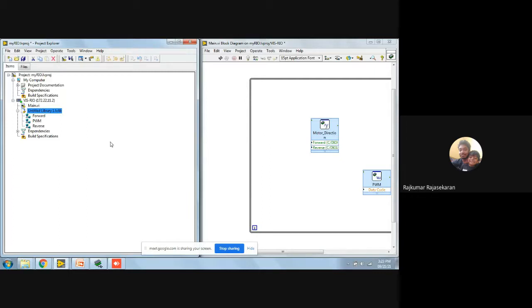Now I need to communicate it via this action. I just need to drag forward, and you can see that the data has come over here. Again, I drag reverse, and that also has come over here. PWM, I drag it, and that also has come over here.